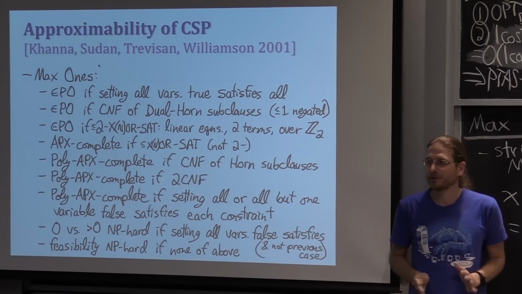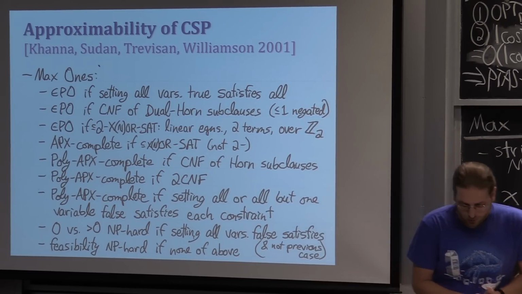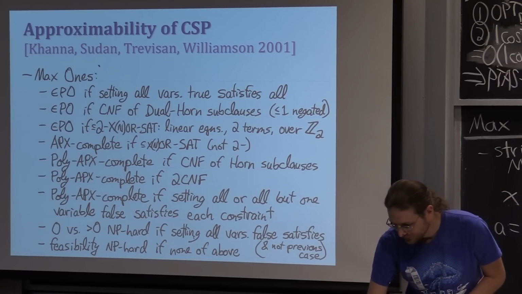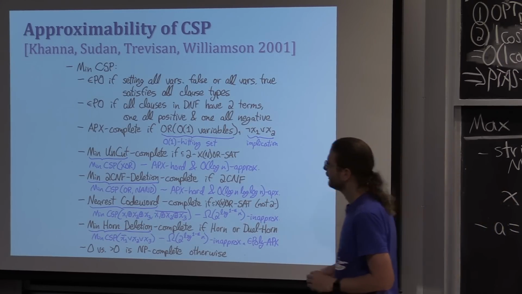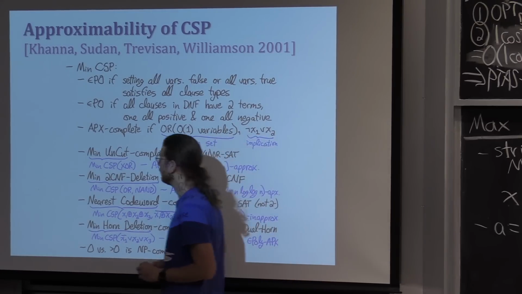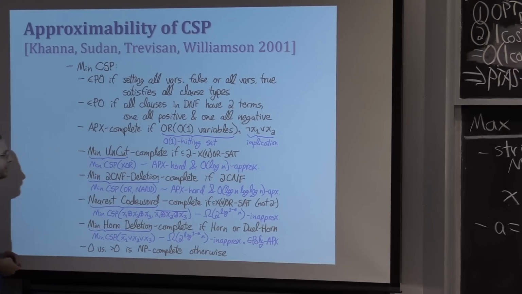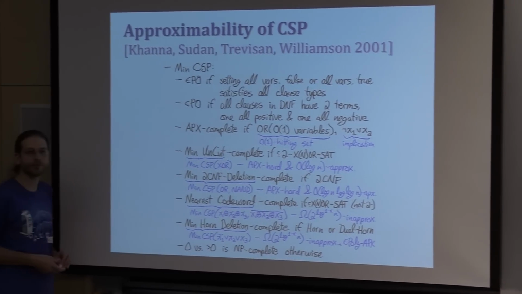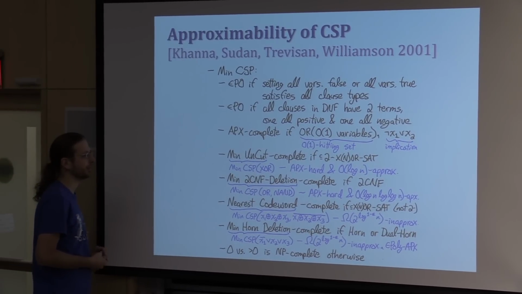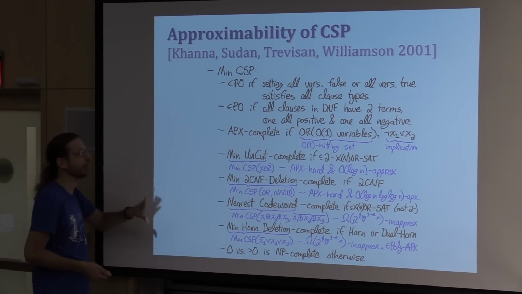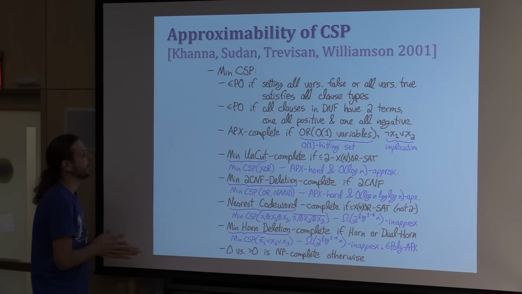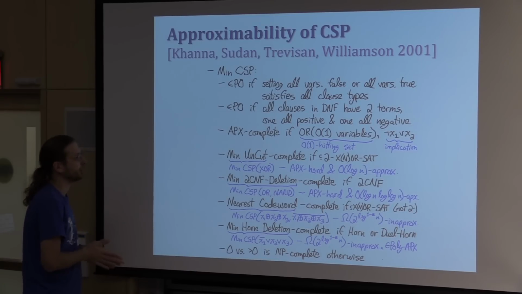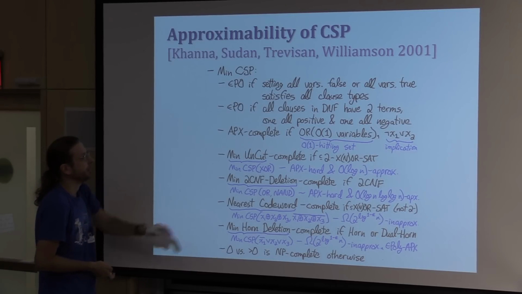Other questions? Okay, 2 out of 4. Next one, this is the longest one, is min CSP. Now here we don't get as nice a characterization because there are some open problems left. I haven't checked whether all of these open problems remain open, but as of 2001 they were open, which is a while ago. And we can check whether there's a more explicit status, but I have the status as of this